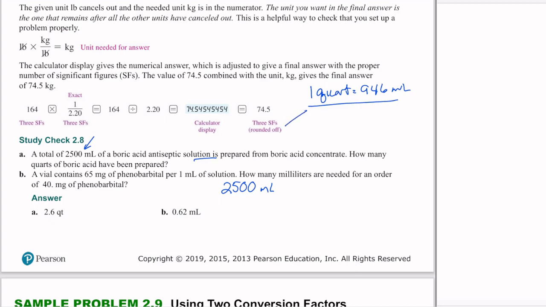If you look at a conversion chart, you'll see that there are 946 milliliters in a quart. 946 is a measured number. We can use that as a conversion factor, and we need to put the 946 on the bottom. So we have 946 milliliters so that we can cancel milliliters, per 1 quart. To put this in the calculator, we put 2,500 and divide by 946. Our calculator displays a number of